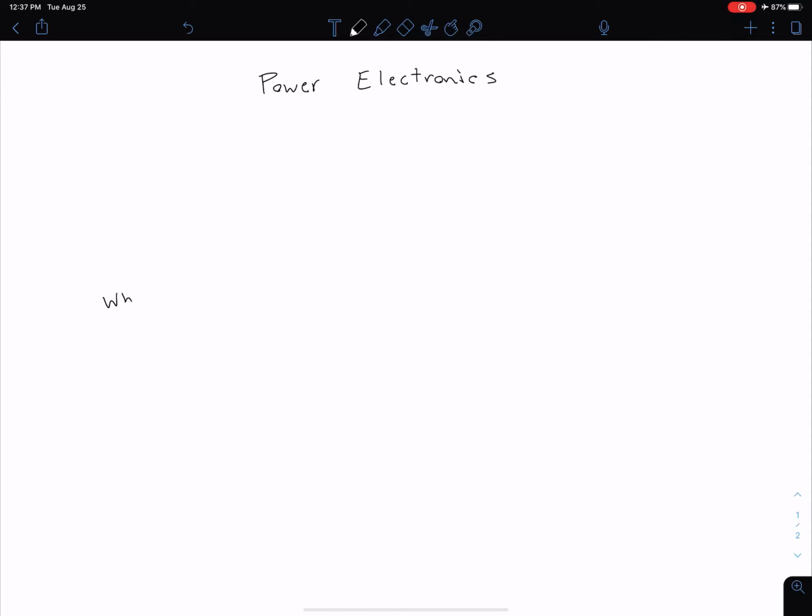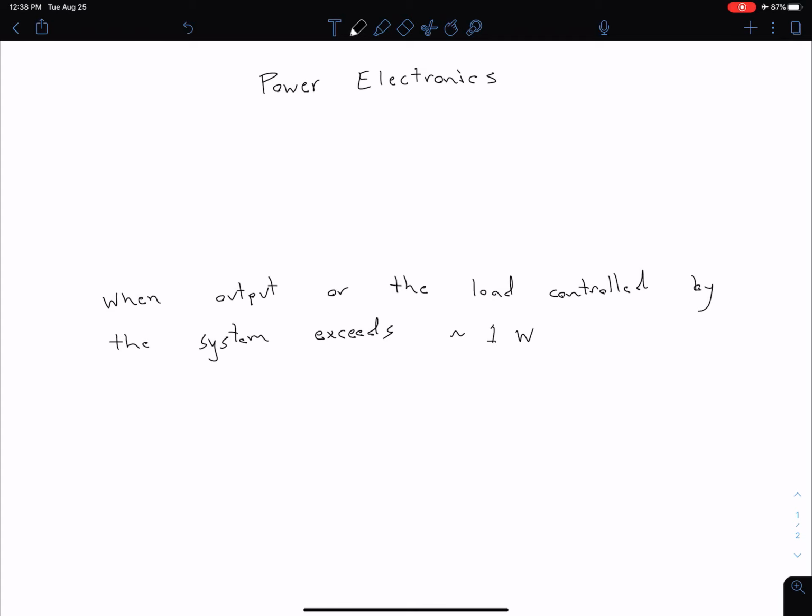And so in general, we can say power electronics is when either the output from our circuit, or the load that we're controlling with some system, exceeds a power of about 1 watt. So in either case, if our power is exceeding approximately 1 watt, we then say we're dealing with power electronics. And of course this 1 watt is not necessarily a hard definition. You'll see different things in different places, but for this textbook, this is our approximate delineation between power electronics and